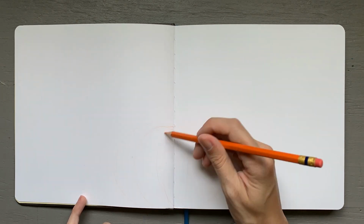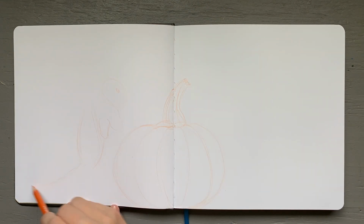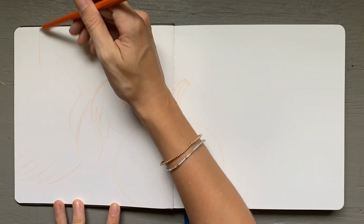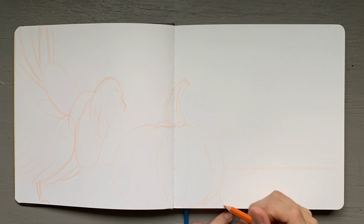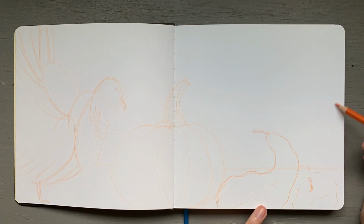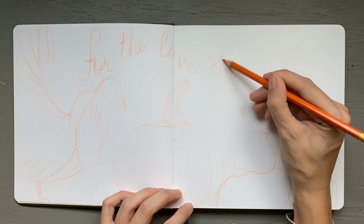All right, jumping into the sketch for this piece, I knew that I wanted to draw a cozy fall scene, and so I just kind of Googled fall scene and literally just plucked random things from that. There wasn't much of a reference at all for this piece. I really just kind of took it upon myself to draw all of my favorite fall things,